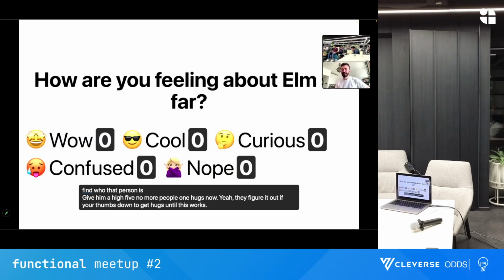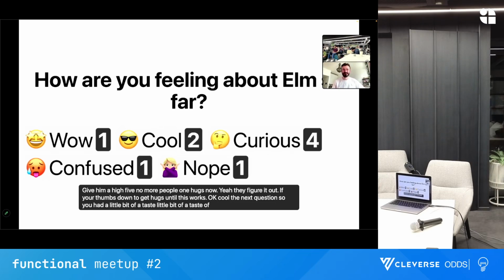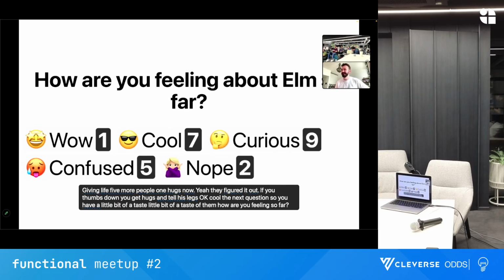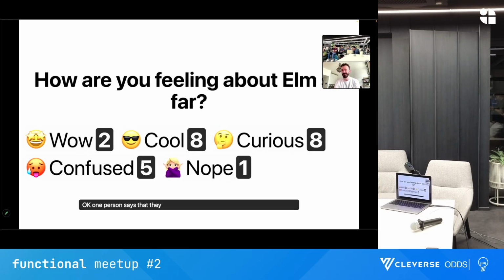The next question. So you had a little bit of a taste of Elm. How are you feeling so far? Okay, one person says that they love the error feedback. Nice one.